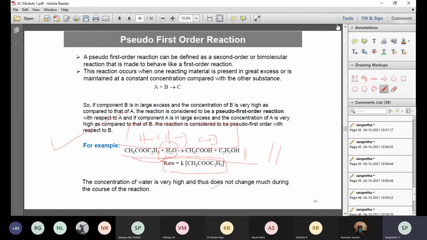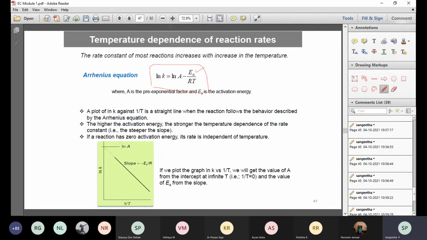Okay, students, this you have to study. For this pseudo first order, I will give you certain separate notes, follow that. So this one you study, and maybe if it is going to be much confusing for you with respect to graphical representation, I may not ask you this time. I will avoid that, and for the exam point of view, you can just look for the basic things, because since it is CAT 1, I would like to not make it more complicated, so that you will get some marks based on the questions.